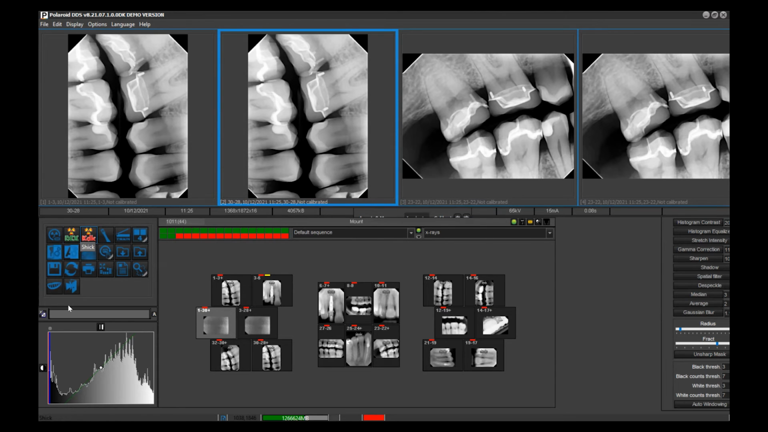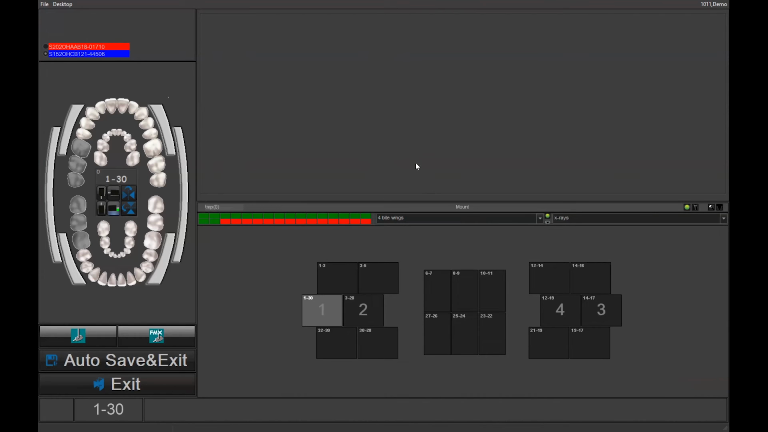Once you click in there, now you're in the X-ray mode. So now you have an option of doing your FMX or doing a single shot, depending on the template you want to select. In this case, I have selected 4 bitewings, right? But I can do